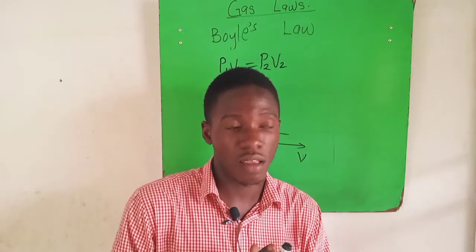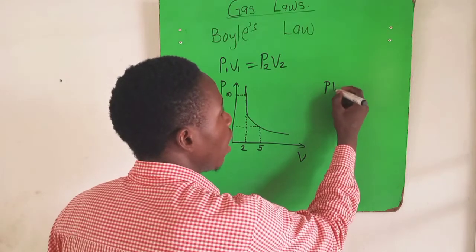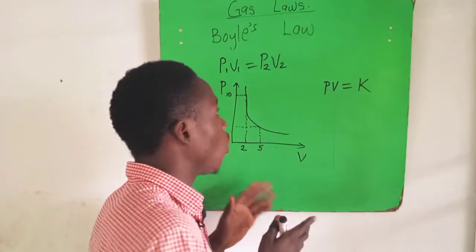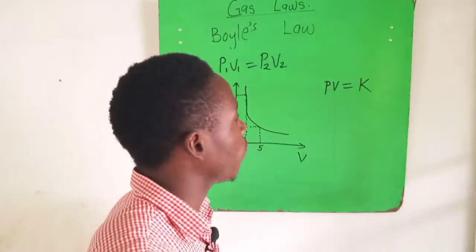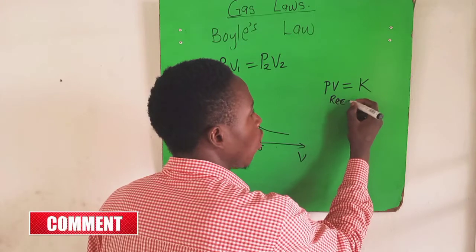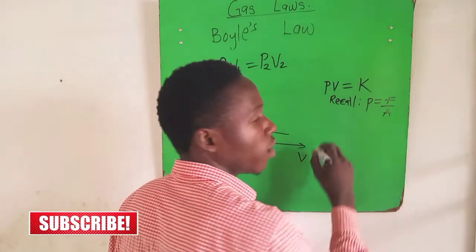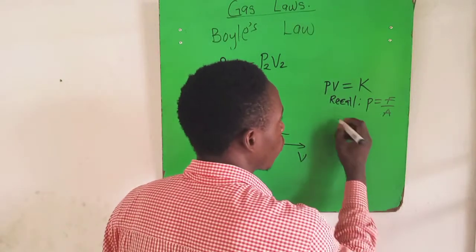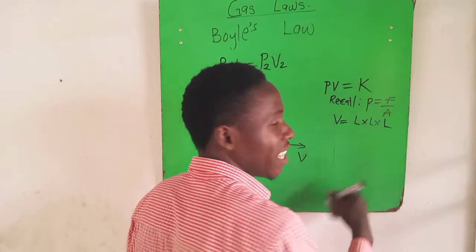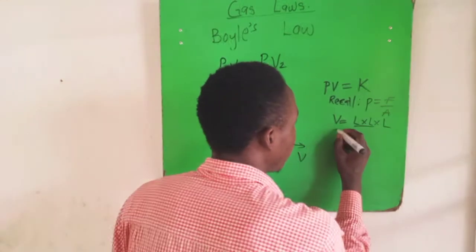Now how does that match? Note that Boyle's law shows the relationship between P and V being equal to K. Good. Now it means we are multiplying pressure and volume. Let's see what that will give us. Now recall that pressure is given as force over area, right? And we also have to recall that volume is length times length times length, by taking a cube for instance. And two of these lengths will give us area. So we can say volume is simply